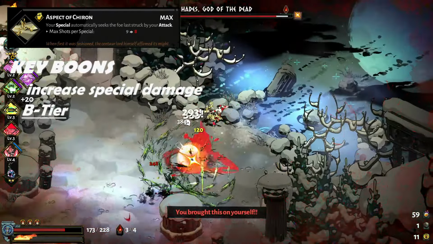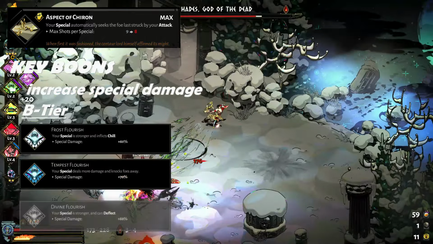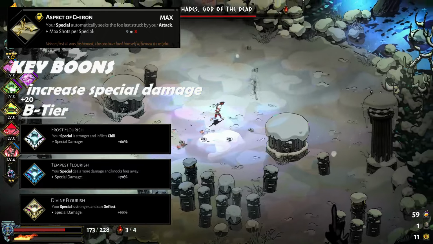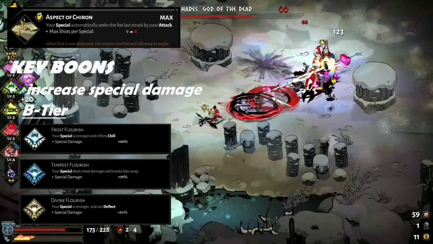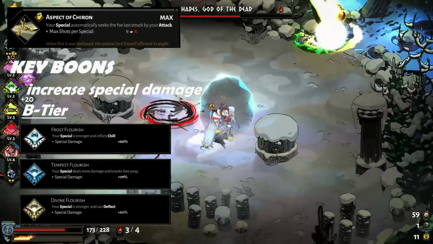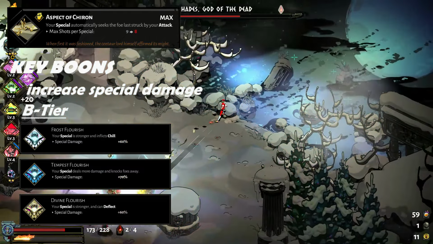B tier boons include Demeter, Poseidon, and Athena. These provide a slightly lower damage bonus, and both Poseidon and Athena need a second boon to cause a status curse and proc privilege status. But each of these provides some interesting benefits, with Demeter inflicting slow, Poseidon knocking back enemies, and Athena deflecting enemy